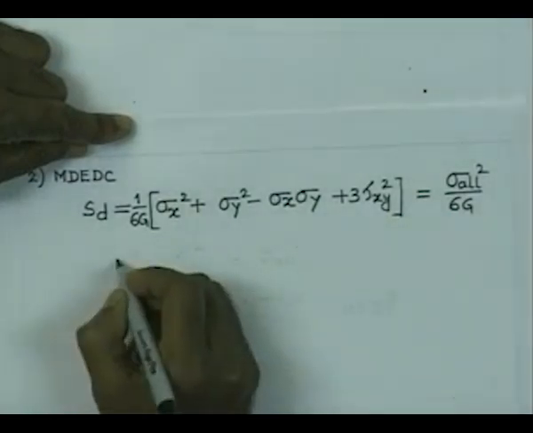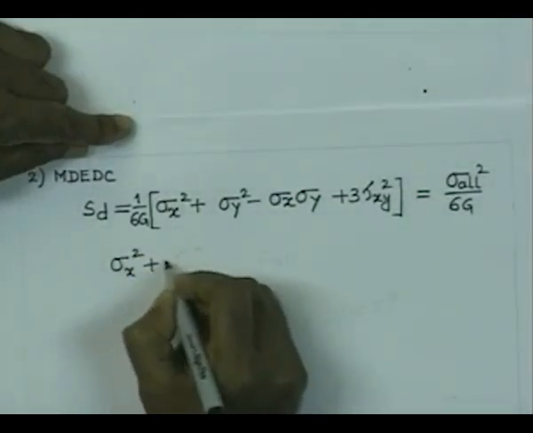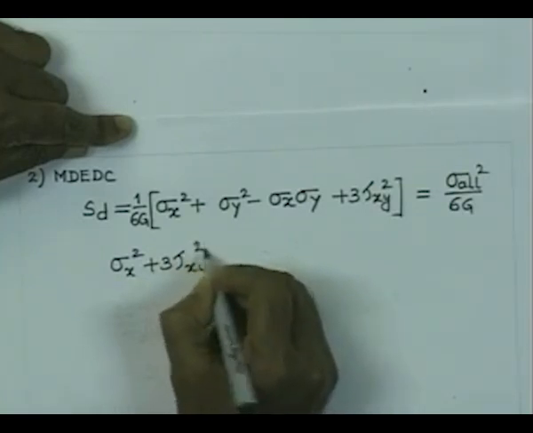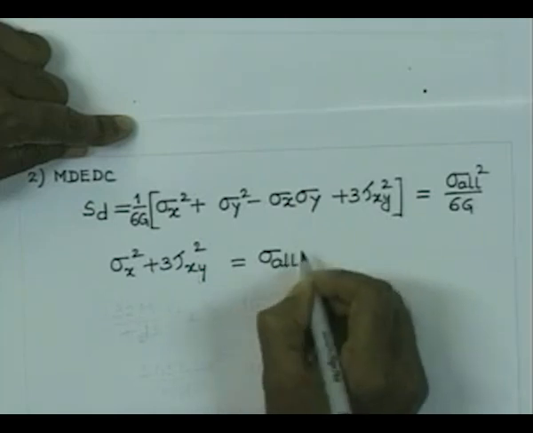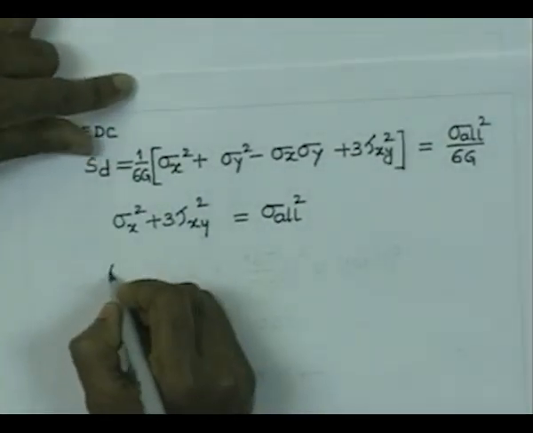So, it gives us sigma x square plus 3 tau xy square is equal to sigma allowable square, and if you substitute the values,